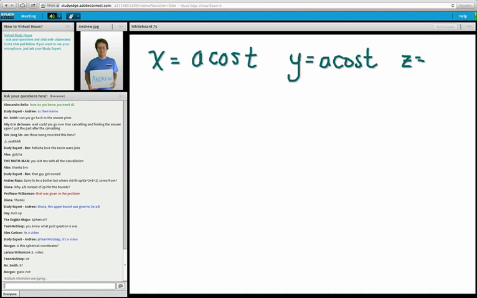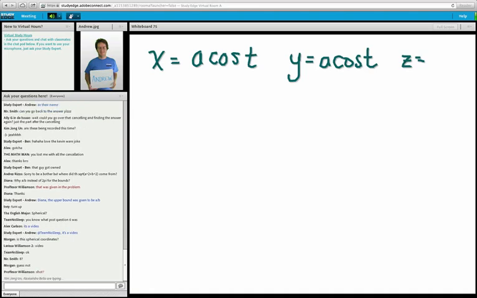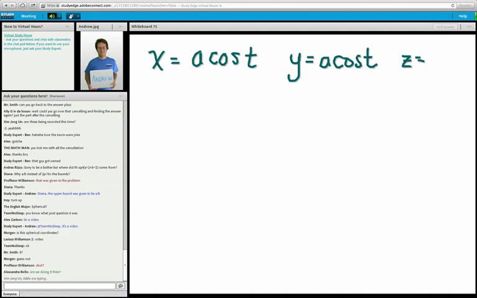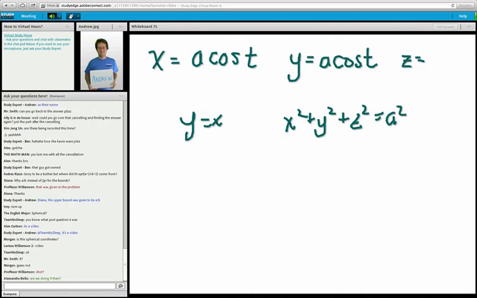Okay, so here's the thing. There's lots of different parameterizations for this intersection. We have y equals x and x squared plus y squared plus z squared equals a squared. So y equals x is the plane